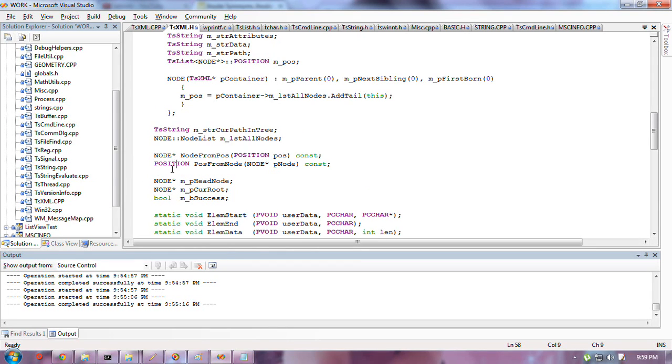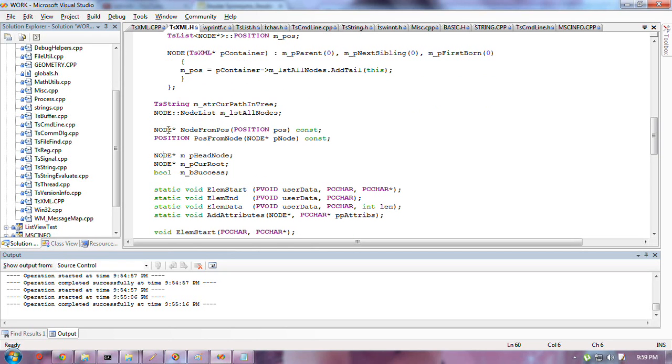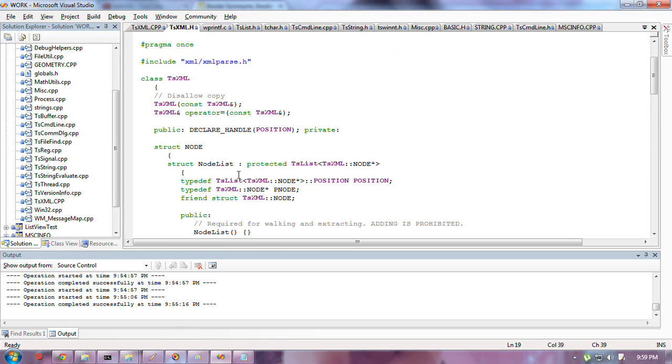Now a useful p void could either be a node star, right? But it could also be a position in this list. That also gives you access to the node itself and the list. And so I have a thing that will convert, given this type of position, which is an unknown, but is in fact